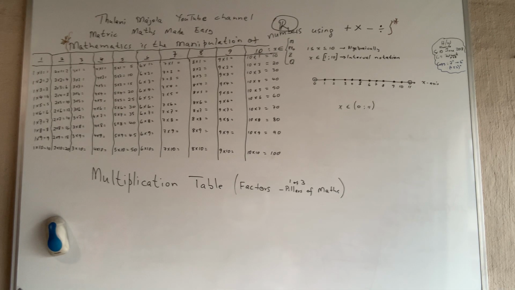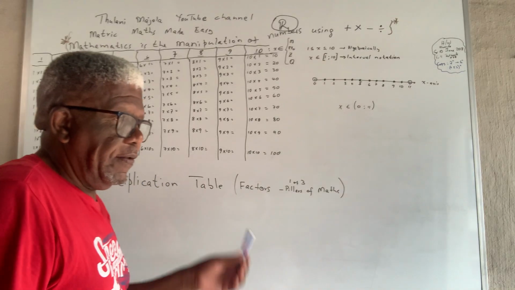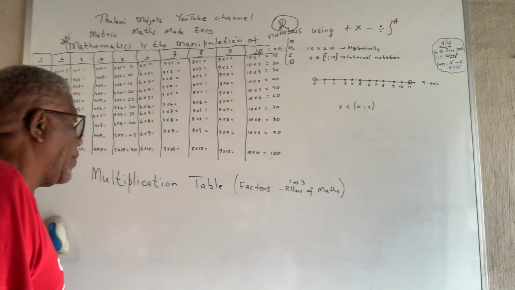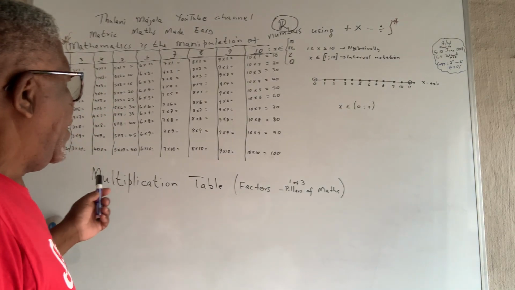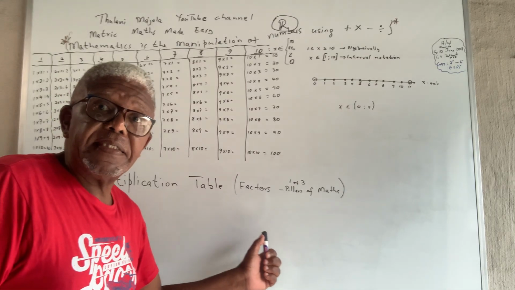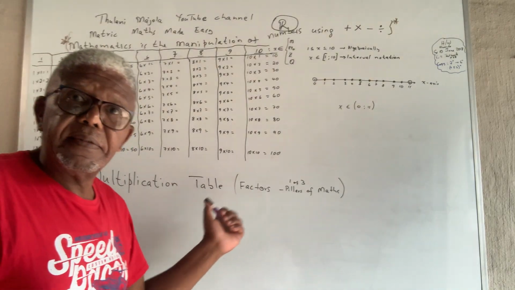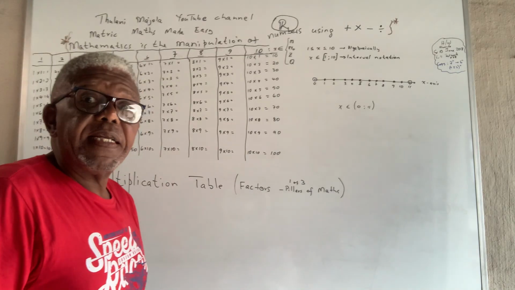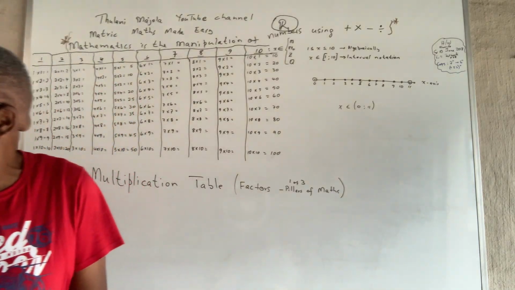Metric Maths Made Easy. Today's video is about the multiplication table. The multiplication table deals with factors. You're multiplying numbers, factors. And remember, factors is one of the